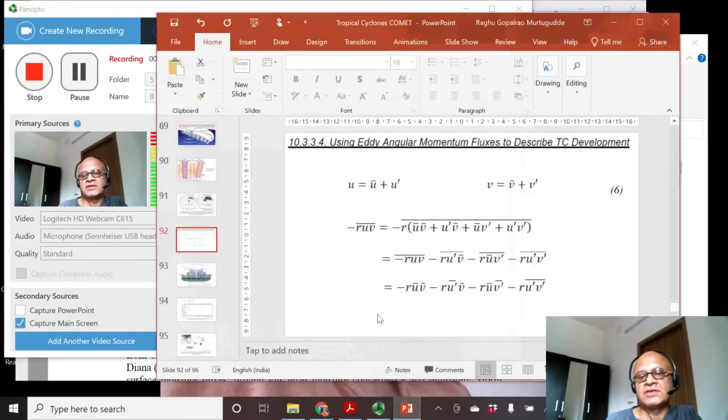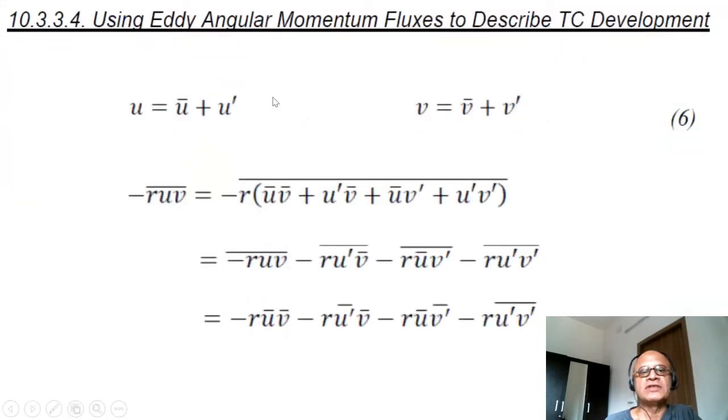Okay, this is just a way to describe some of the processes that go on. It's called using eddy angular momentum fluxes to describe the tropical cyclone development. So we are still talking about the vortex, incipient vortex survival and evolution. So this is more about the processes and how they contribute to the evolution, and maybe also